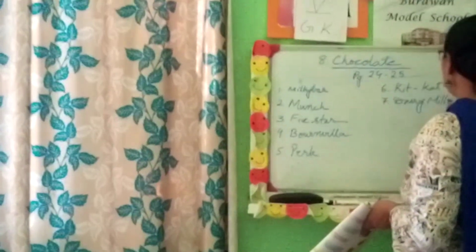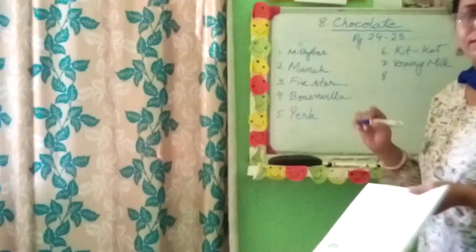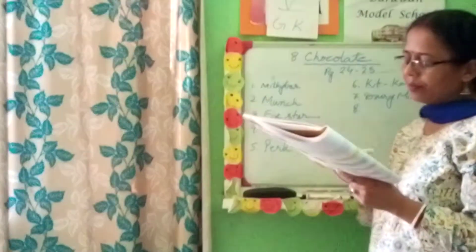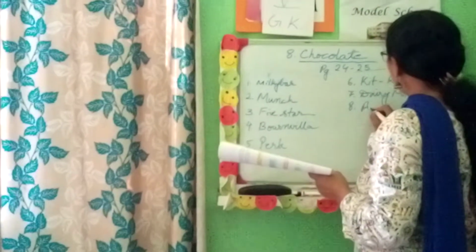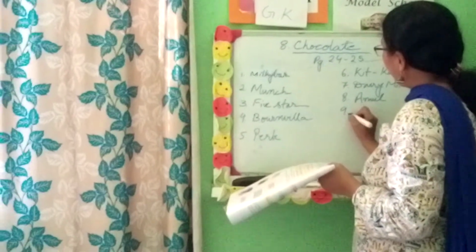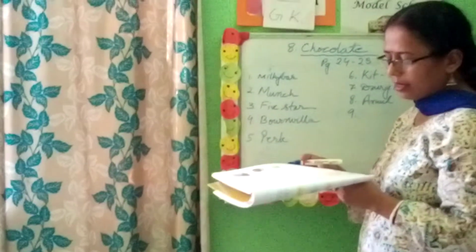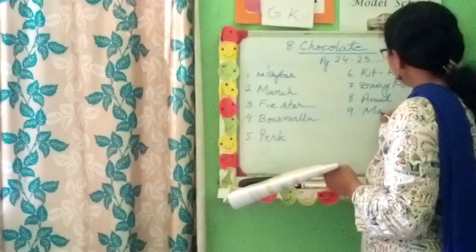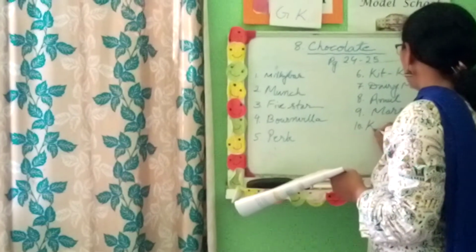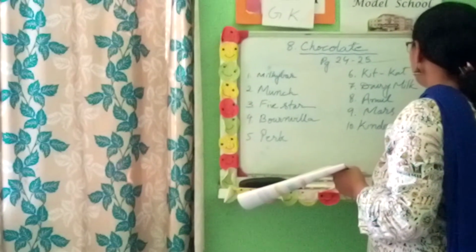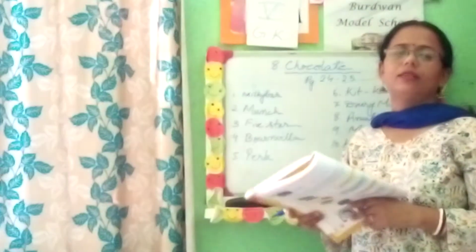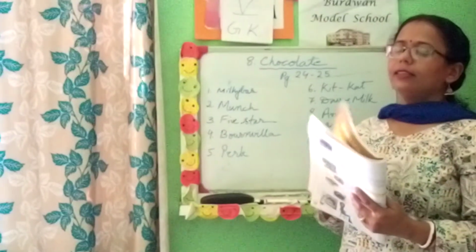These are some of the famous chocolates. You love to have them. If possible, you may be having them regularly also, but don't have them regularly, okay? Next comes number 8, Amul. And number 9 comes Mars. Number 10 comes Kinder Joy. So these are some of the branded chocolates we find in India, and these are the most favorites